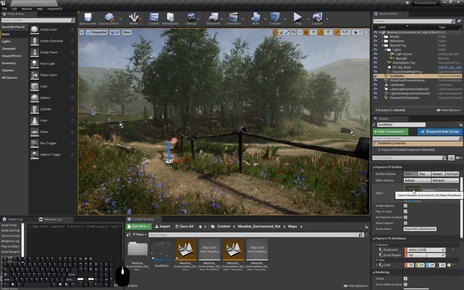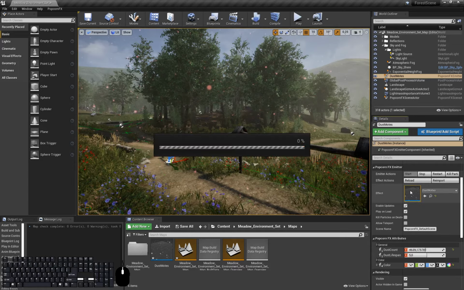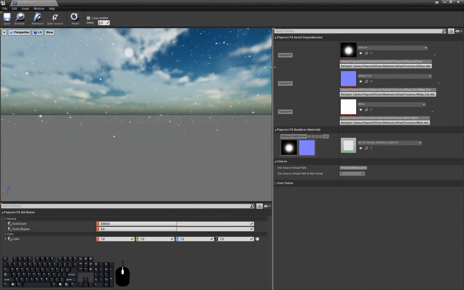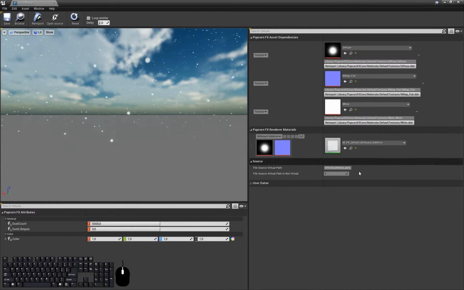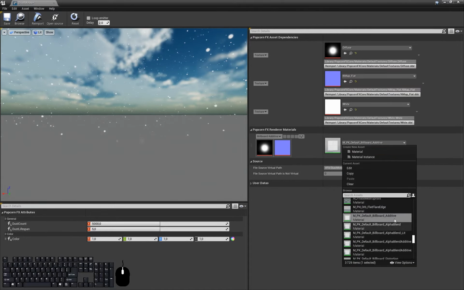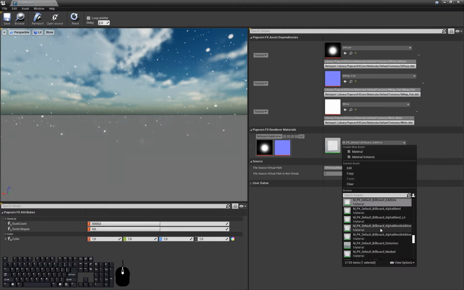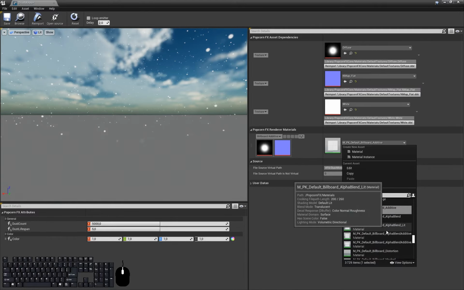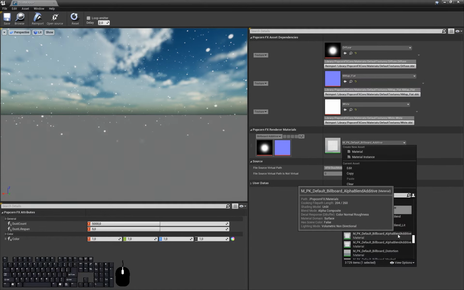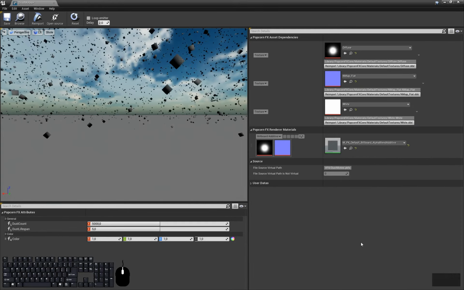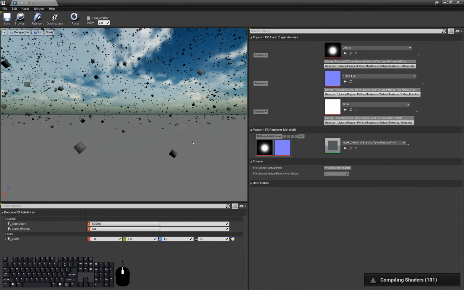And when you double click on the effect here, you can also open the effect preview window, where you can see all the textures and materials used in there, and you can override the material with another one. All these are the default PopcornFX materials. You can create your own material and set it there. So here, for example, if I use the alpha blend additive material and wait for shaders to compile,